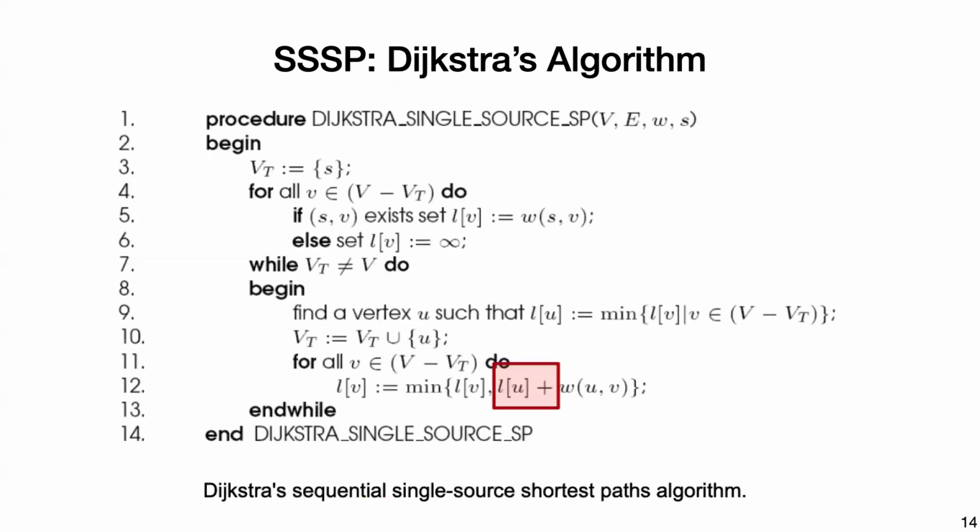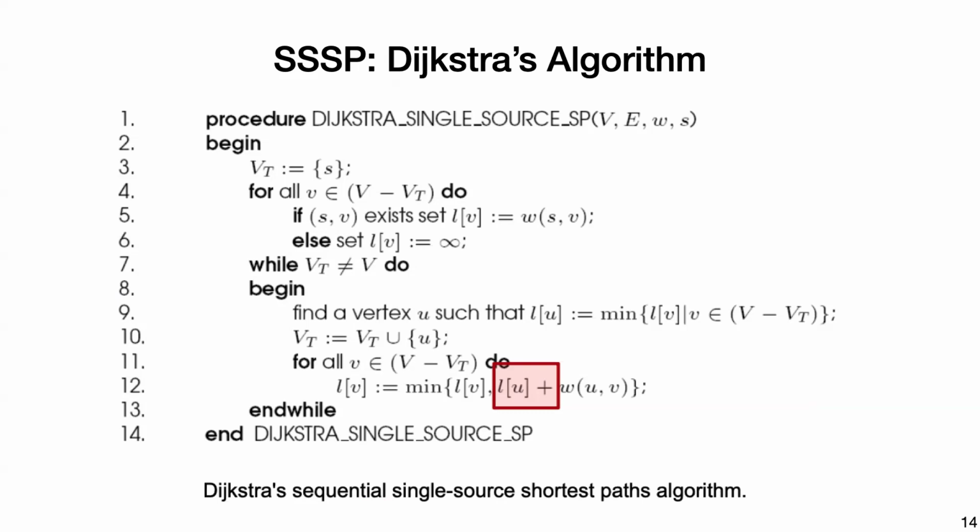So this is pseudocode for Dijkstra's algorithm. We start with the source vertex, and while we have things not in the source set, you look at all the vertices that are not in S. Here they call it L, but it's the same idea as D, the distance vector for Prim's algorithm. If there's some edge from S to V, where S is the source vertex and V is any other vertex, then we set L equal to the weight. Otherwise, it's infinity, since it's not connected by one hop.